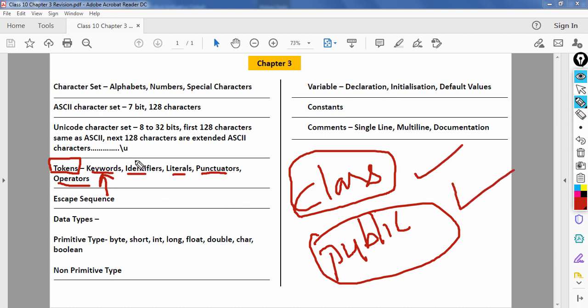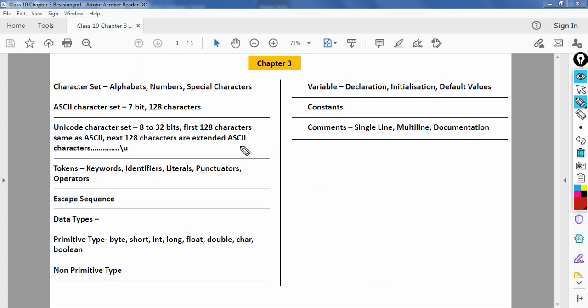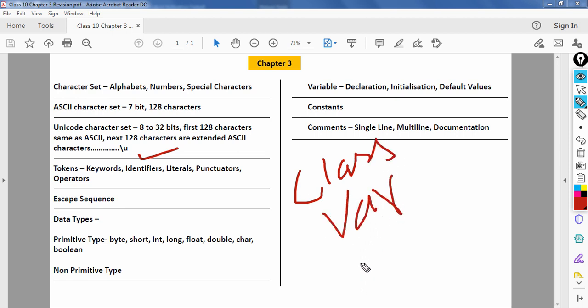Second kind of token is identifiers. So what are identifiers? Identifiers are names. It could be a class name, a variable name, or a function name.